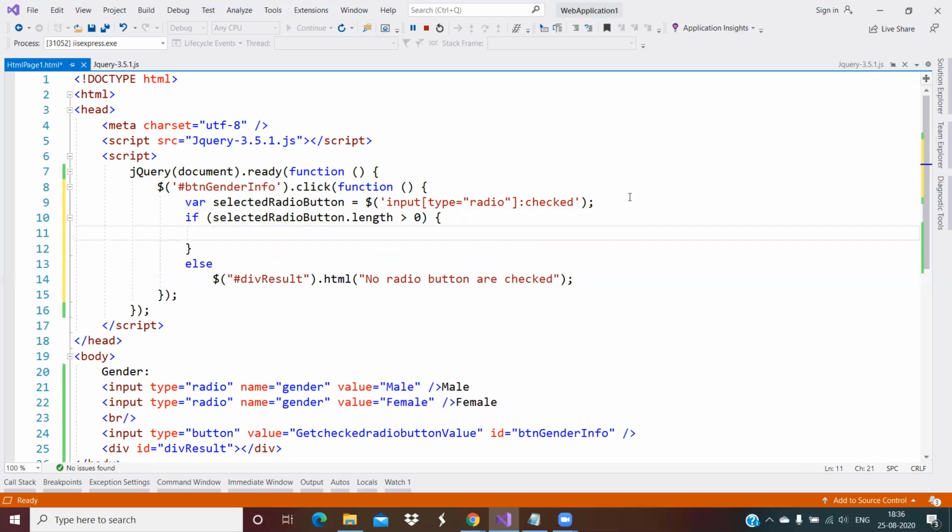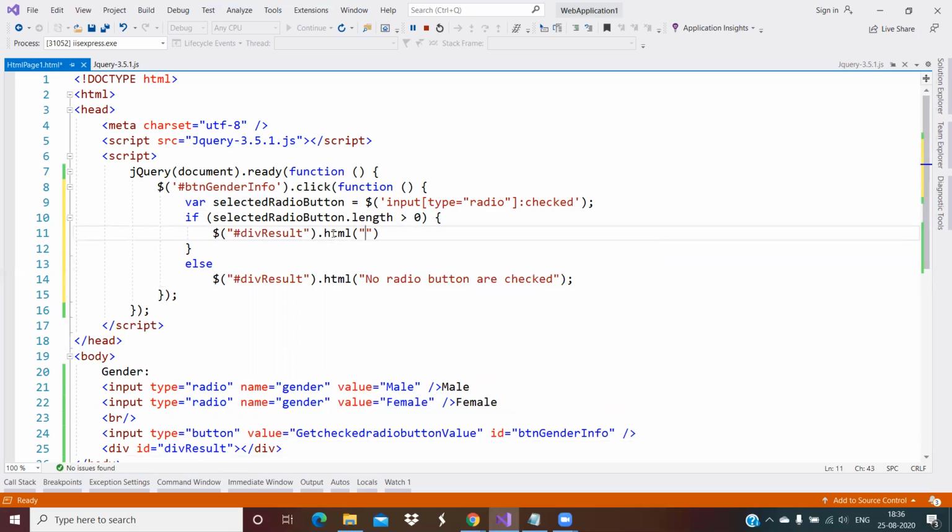I need to display this information, so I identify the div through the ID selector in jQuery. We identify the ID selector by the hash symbol, and the div ID name is div result. I put the div result here, and to set the value, I'm putting html.